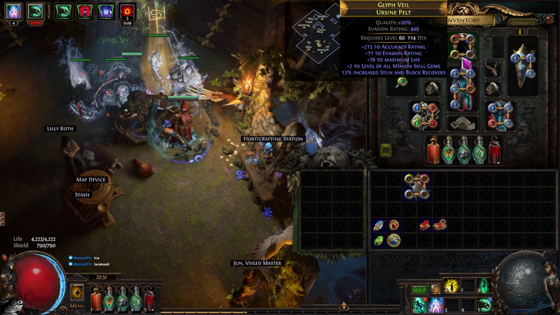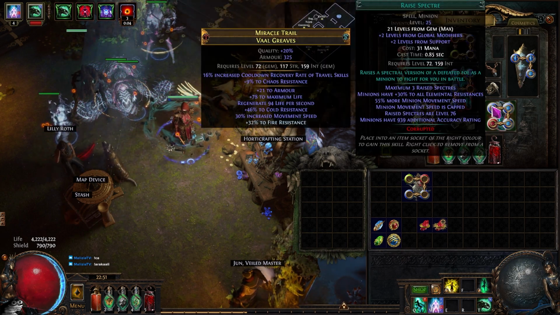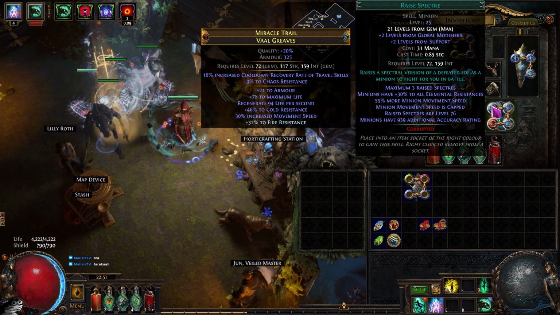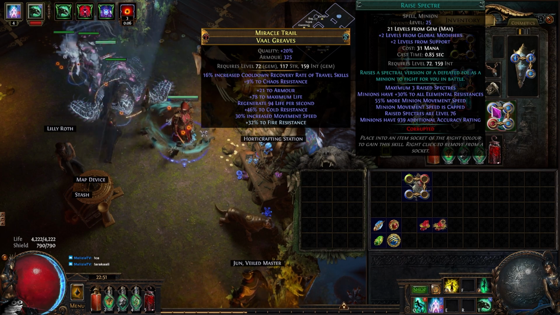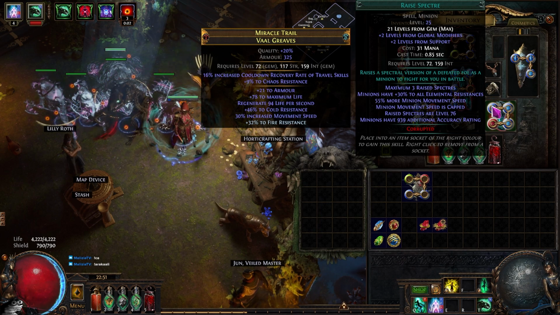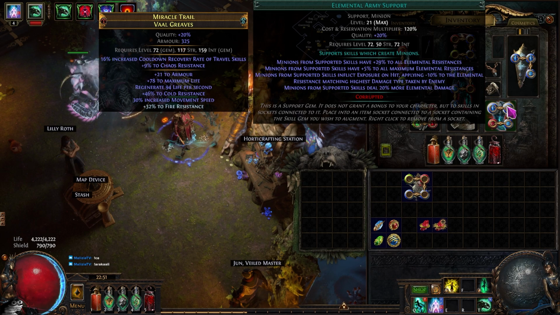Other than that, the only other thing you would really need to be able to swap like this is the actual 4 link itself. So for me, I have it in my boots, but it really doesn't matter where you actually put this. All it's going to be is a level 21 raise specter. This has to be a level 21 raise specter, as we need to reach level 25, which gives us a breakpoint of an additional raised specter,